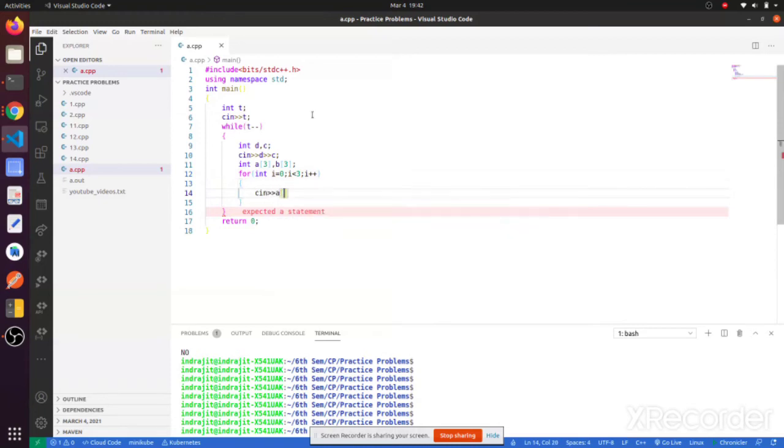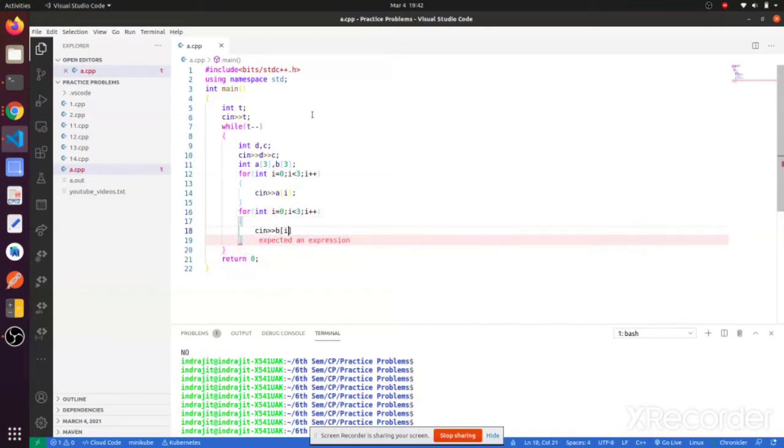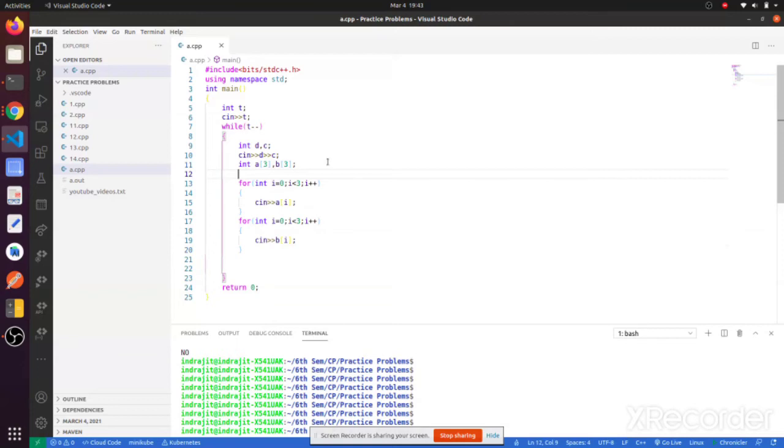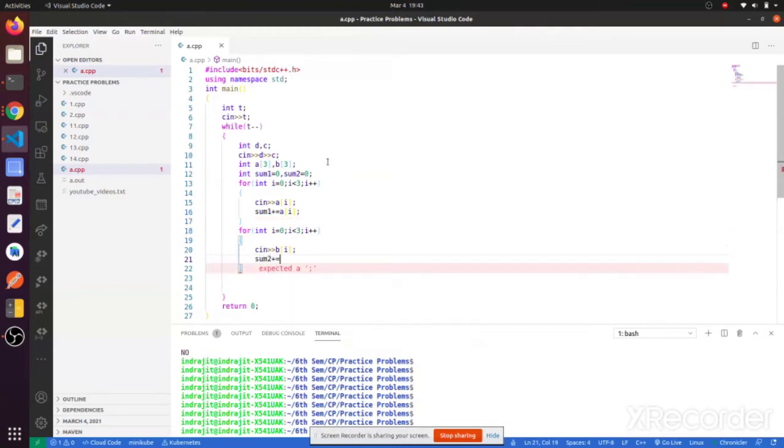So I will take the input now in my code. I will declare an array of size 3 for taking this input A1, A2, A3 and B1, B2, B3, and I will iterate over this array and take the input. Next I will declare two variables, sum1 and sum2.